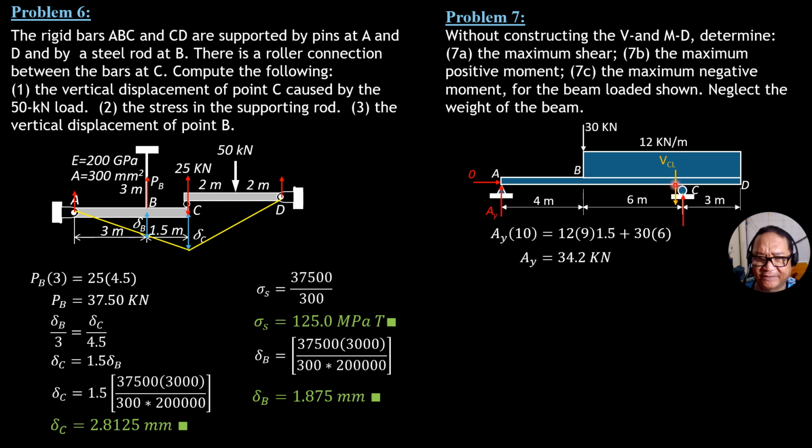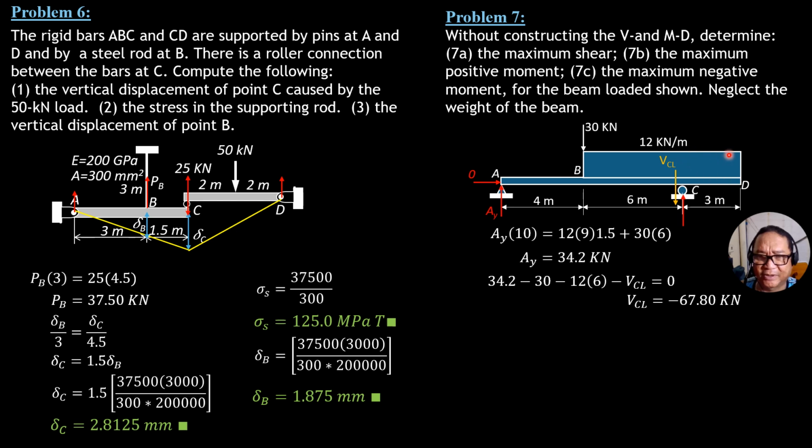Let's evaluate this shear just to the left of C. We consider the free body diagram from A to C, imaginary only, and consider all loads and forces to the left of that section. So it is equal to 34.2 minus 30, then minus 12 times 6, minus shear at C just to the left equals 0. So shear at C just to the left is equal to negative 67.8 kilonewtons. Then that's the maximum shear, because shear just to the right is definitely